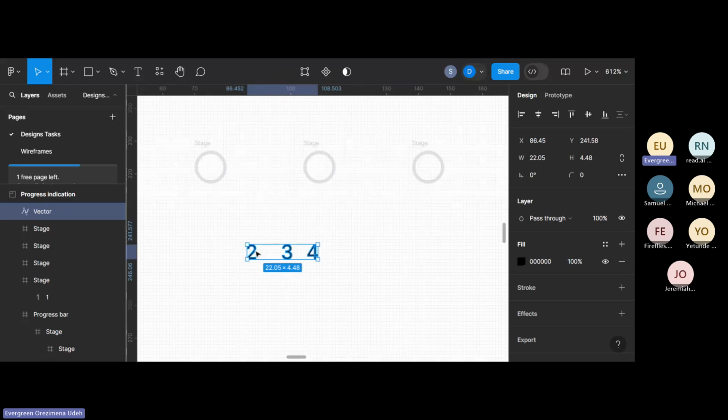I click on two. Oh, I flattened the whole thing. So let me undo. Once you select